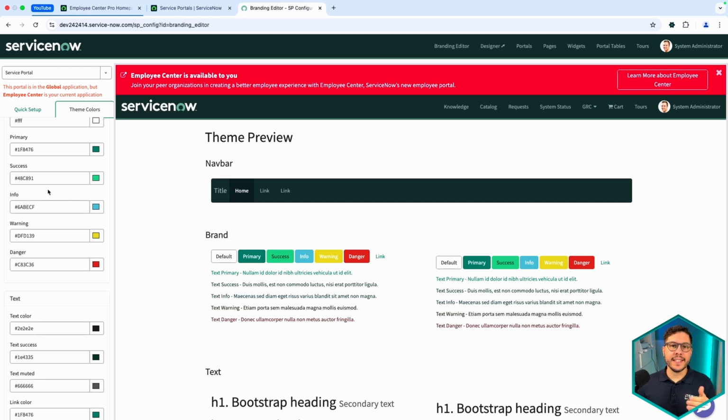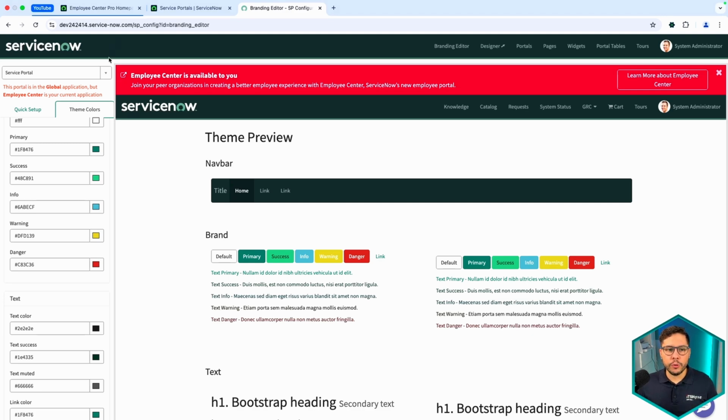The trick comes that sometimes you're not being able to change some specific CSS classes, and therefore you need something else. I have seen people already cloning widgets only for that, and I don't feel this is necessary because you're going to lose your upgradability. So every time that you have a new upgrade, this is going to slow down everything for you, and then you need to merge stuff, and this is not useful at all.